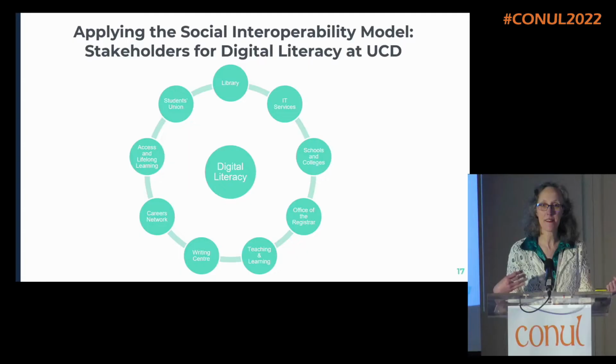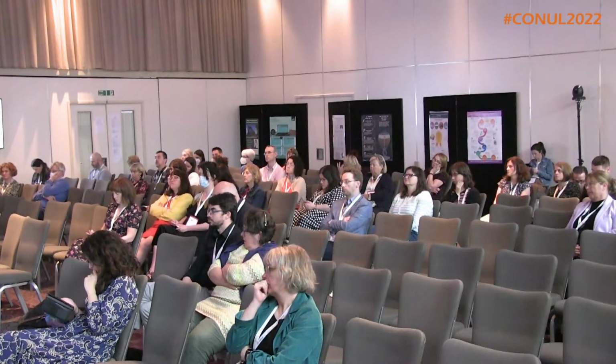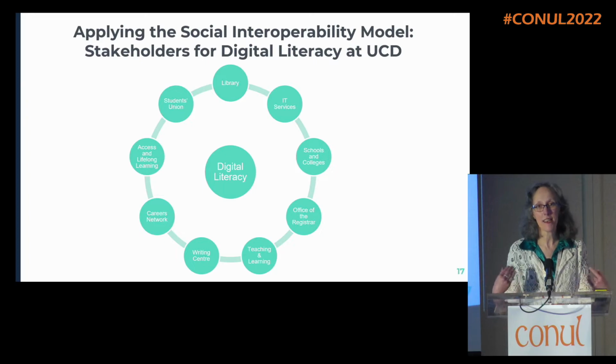So in UCD, all of these units, the library, IT services, the individual colleges and schools, the office of the registrar, because if you want to embed anything in the curriculum at program level, you need the buy-in of the registrar, the Teaching and Learning Center, the Writing Center, the Careers Network, Access and Lifelong Learning, the Students' Union.